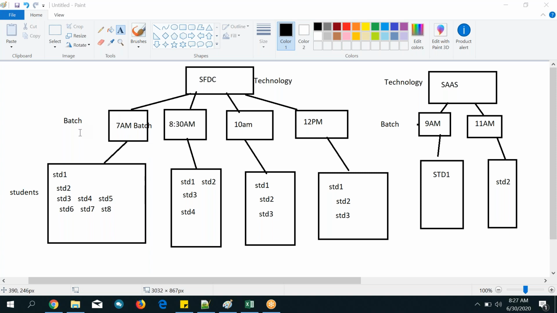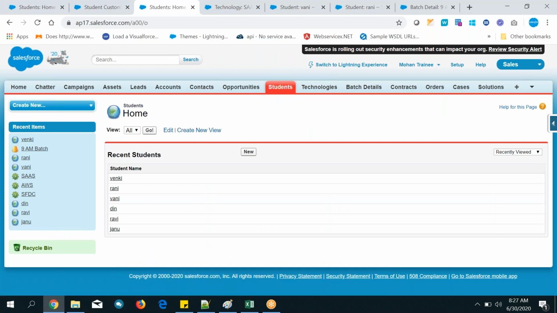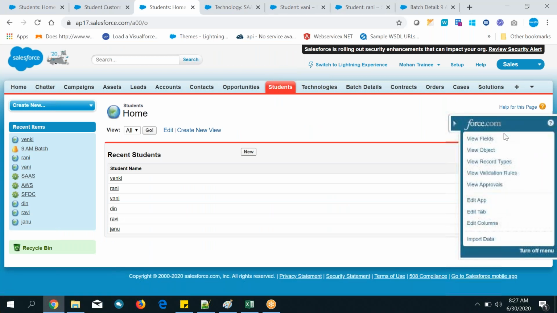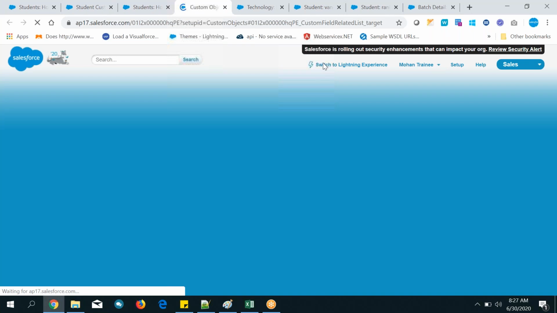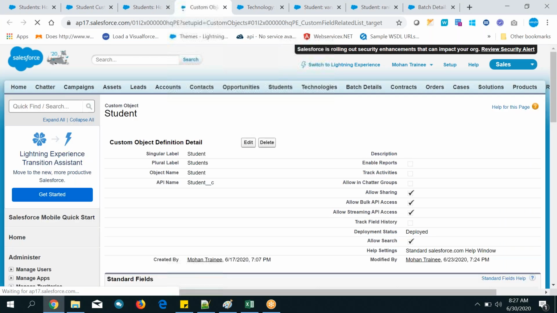So now tell me one more point. Do you understand clearly on which object I need to create a lookup relationship, on the batch object or on the student object? Tell me that point also. On the batch object only. What is the parent object and what is the child? Student is the child object. You have to create it on the child. Exactly. Always on the child object you need to create a relationship field. So here the child is student, so you can create it. Let's go. And student, right, is a child. Go here. Okay, so create a new field.